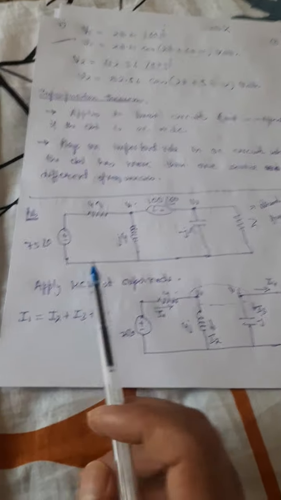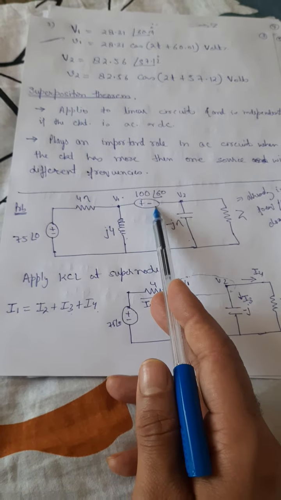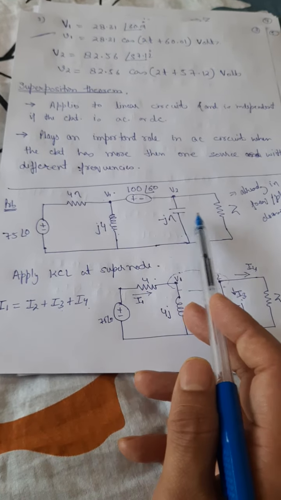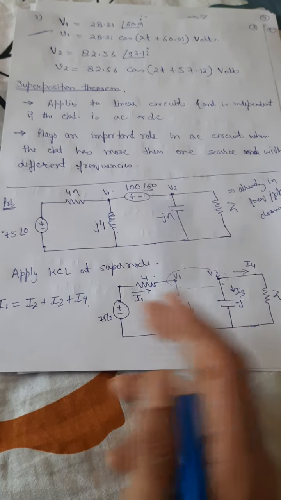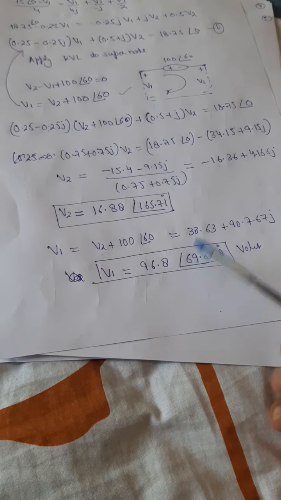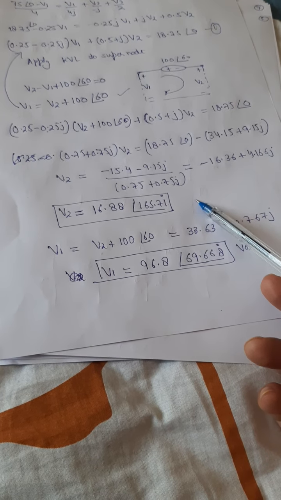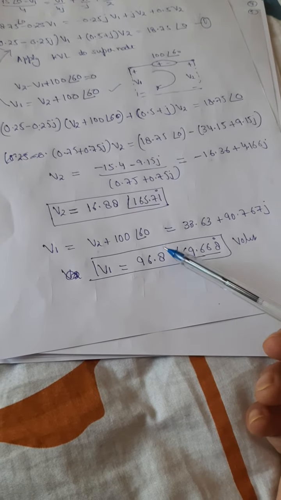So look here, you can see the circuit was already given to you in the phasor or frequency domain form. So you don't know what is omega here. So what you have to do, you have to keep these values in polar form. You cannot convert this into time domain form because you don't know the value of omega. Okay, so you can keep these voltages as they are in their polar form.